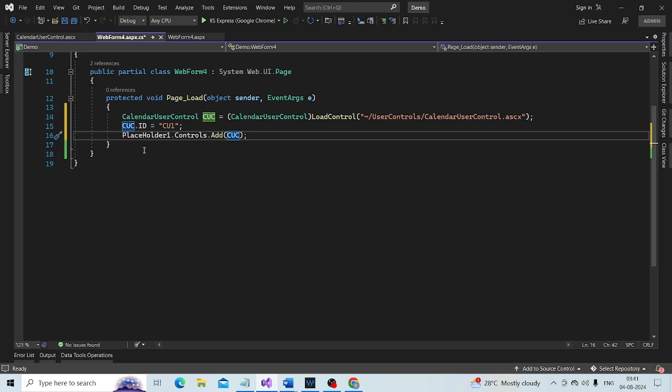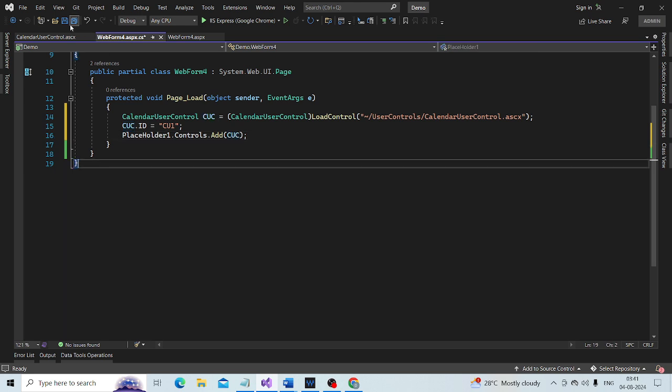Now let's go ahead, run this and see the tracing, and it should have given the ID that we have assigned. Okay, so save the changes, run it.